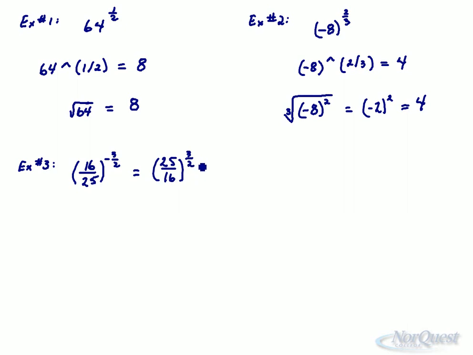Again, if you want to punch it in on your calculator, you can, but I can actually separate this out as being 25 cubed, take the square root, over 16 cubed, take the square root. Take the root, raise to the power 3. And again, it doesn't matter what order you do. You could take the square root of 25 is 5 cubed. So this would be equal to 5 cubed over 4 cubed, which will equal to